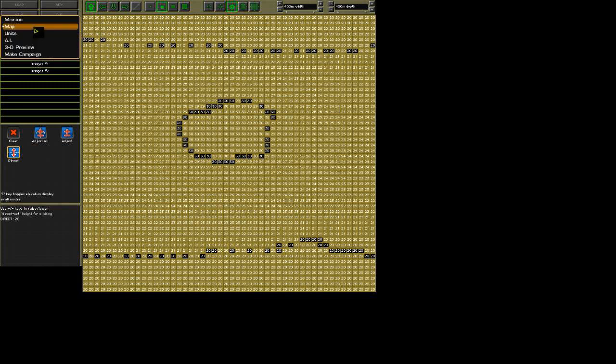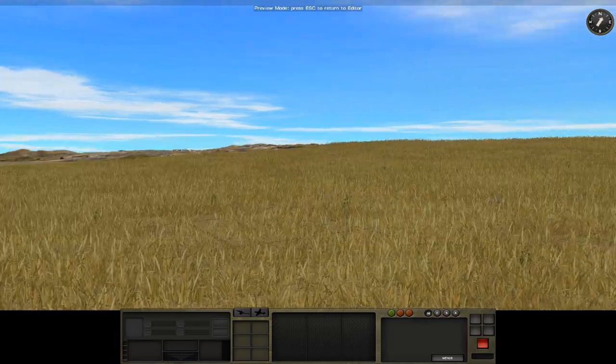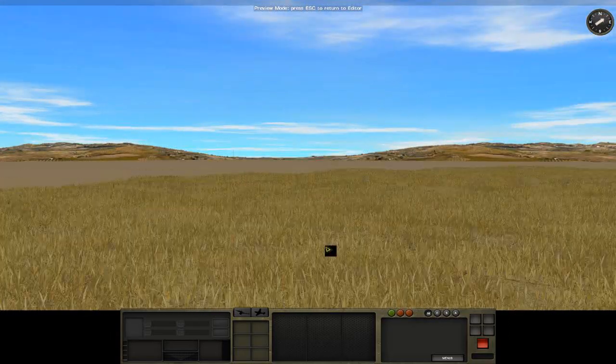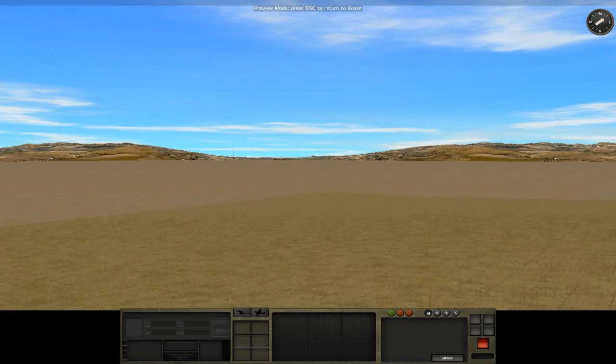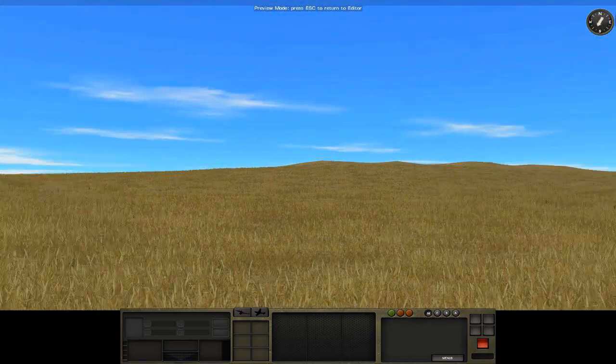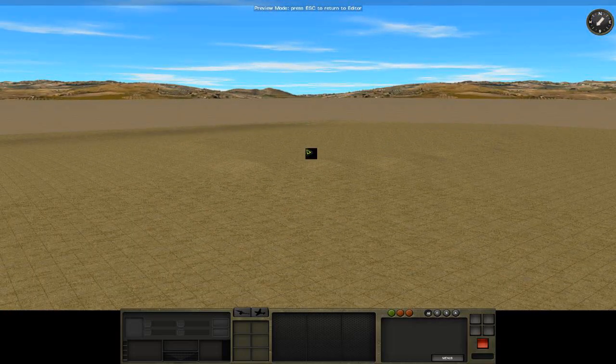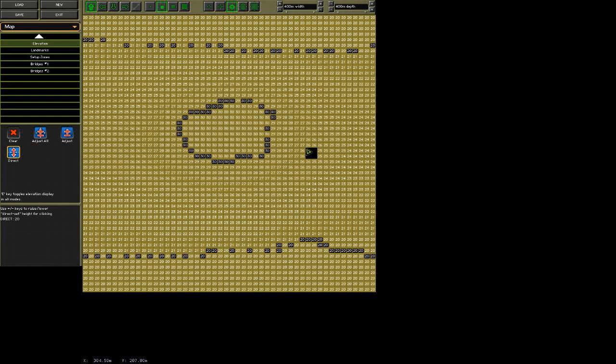Now if we go into the 3D map, we can see it rise up to the peak here, and then it goes down. So we've got a little hill. Let's come out of this. Now that's rather nice that we've got this. It's not too bad, but it could be that